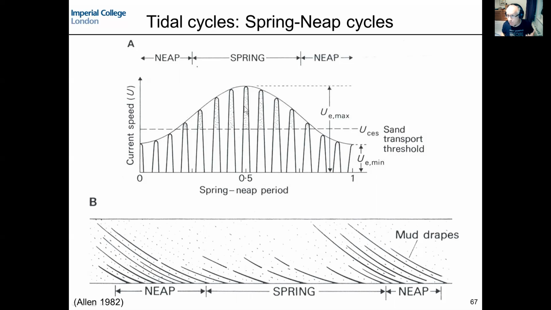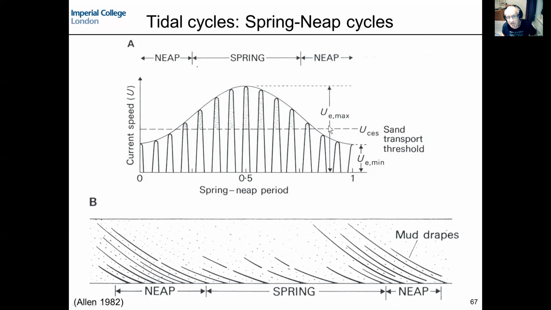We can move an awful lot of sand there, and therefore, if we're looking at a crossbed that's produced, we have thick sand facets within the crossbed, with just thin mud drapes in between them. If we look then at the